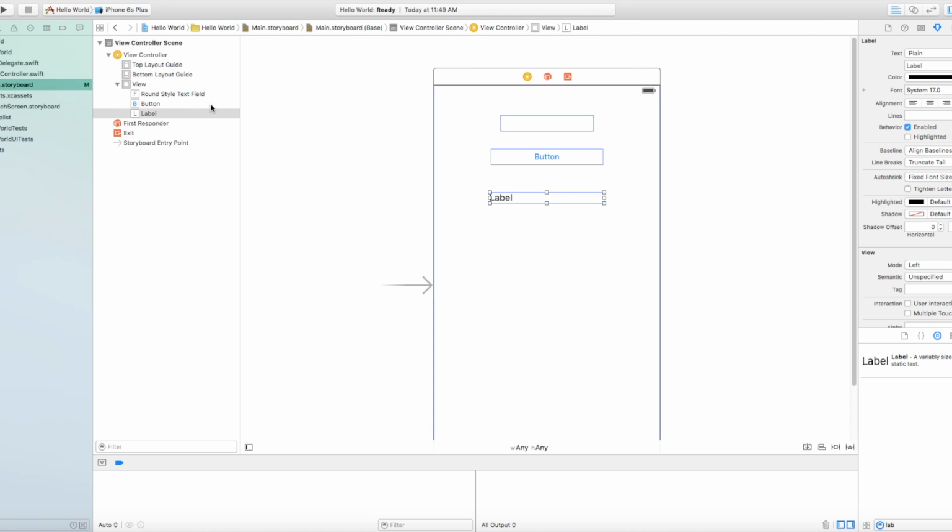As I want to change different properties of my text fields, my buttons, or my labels, I need to make sure that there is a connection between each one of these items inside the storyboard as well as my .swift file. So to do that, we're going to click on this little guy right here,